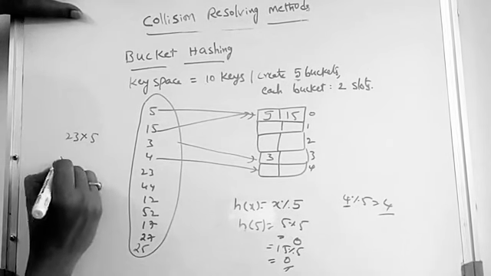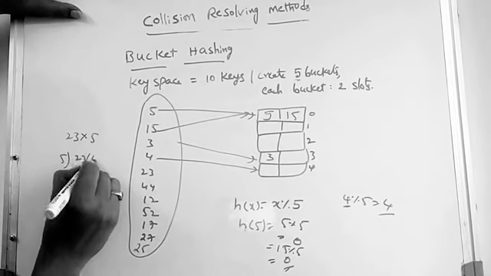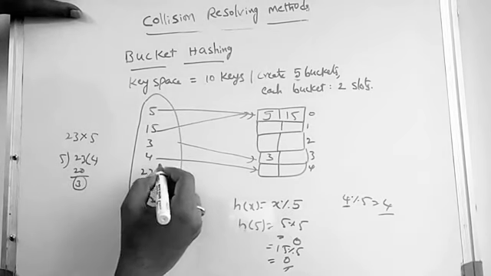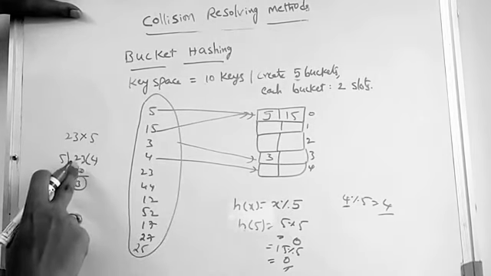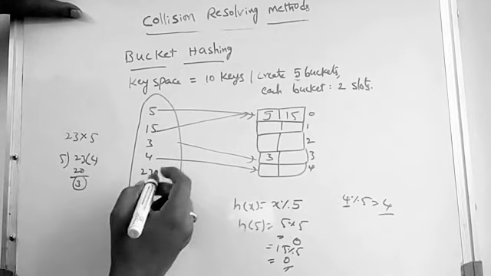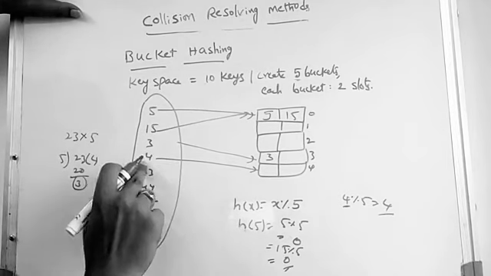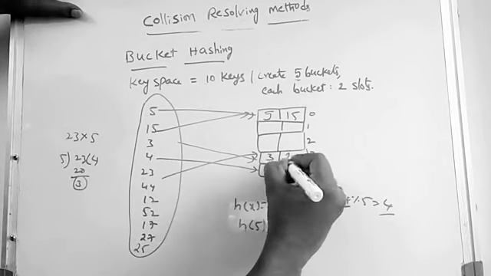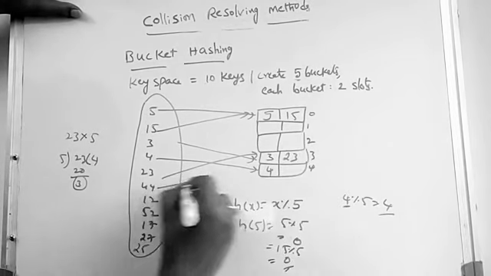Clear? You can do it. So 23 is stored, 4 is stored here, 23 is stored again here, next 44 is stored here,